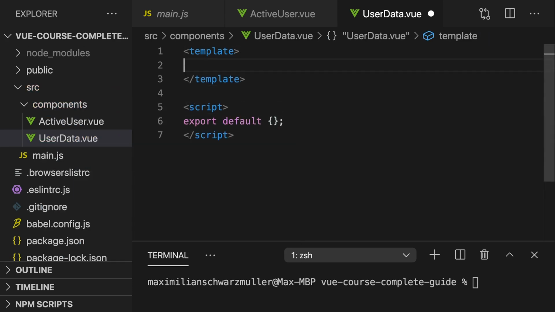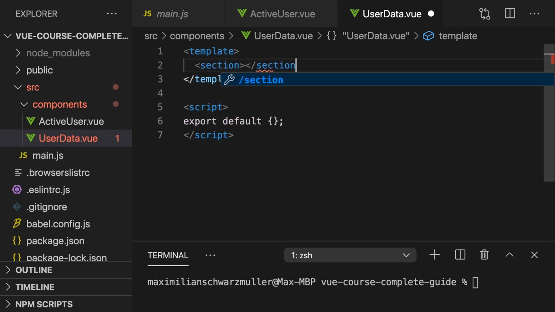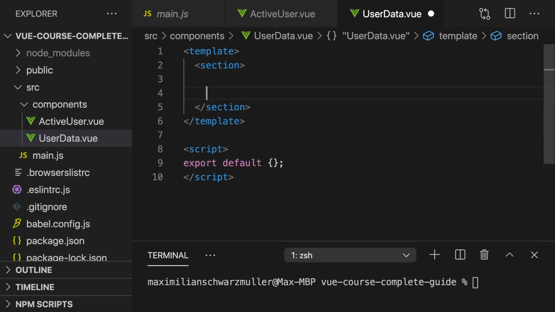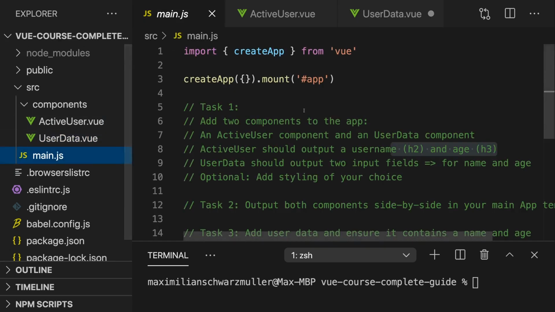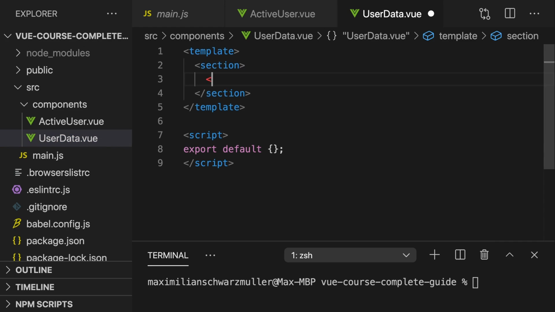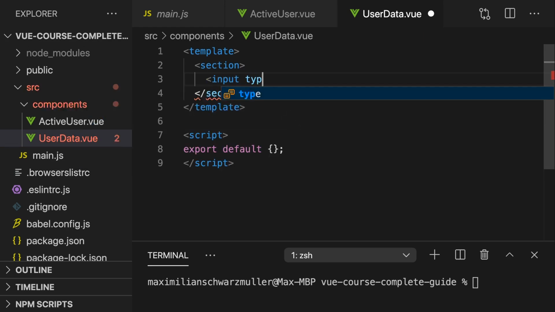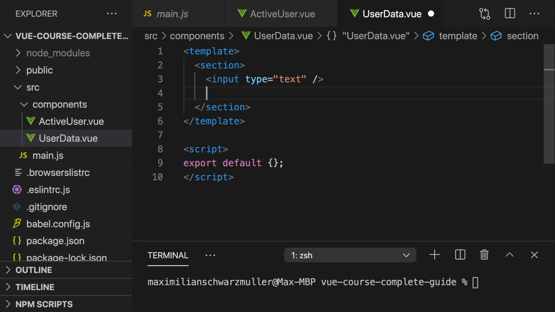And in the template here, I will also add a section. And as I just explained, this will therefore also get the styling defined in the other component, which is weird, I will admit that. But again, we'll dive deeper into styling components later. The more important thing here is that in this section, we want to have 2 input fields for the name and the age. So therefore here I'll add an input field of type text, which should get the username, and